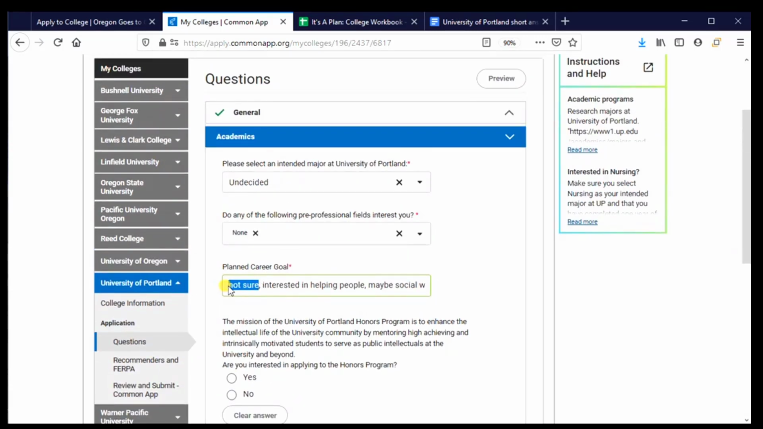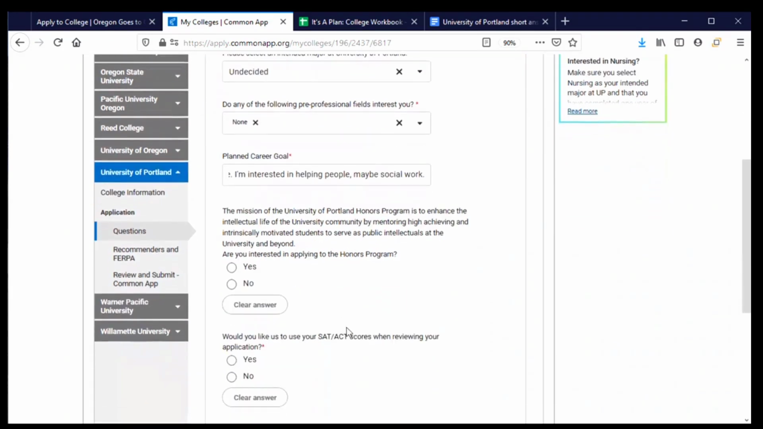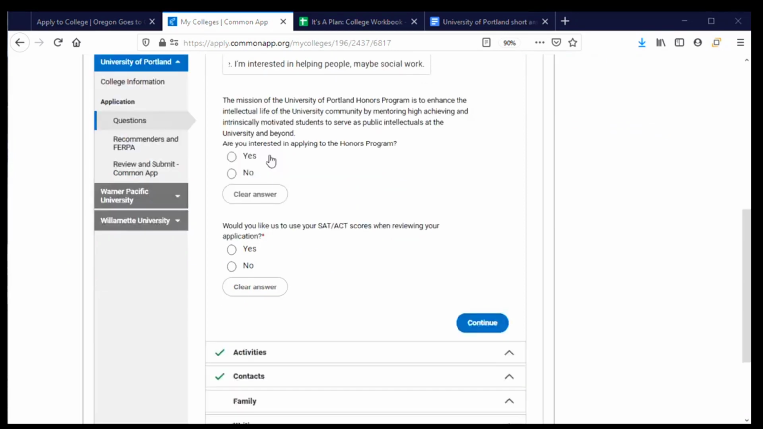But I really should use complete sentences here, so I'm going to go back and fix that. It's important to use appropriate grammar, punctuation, and capitalization. Now they're asking me about the honors program and whether or not that's something that I'm